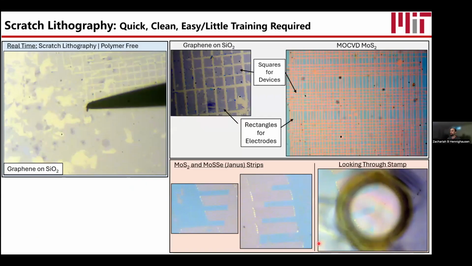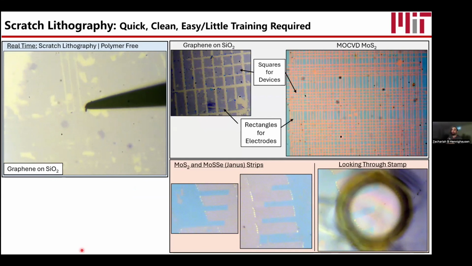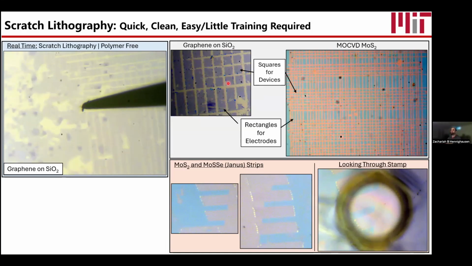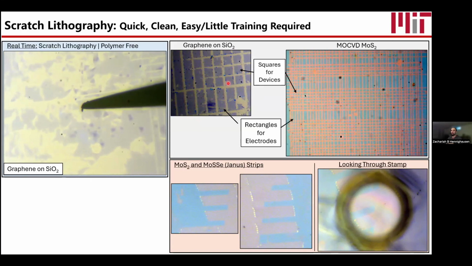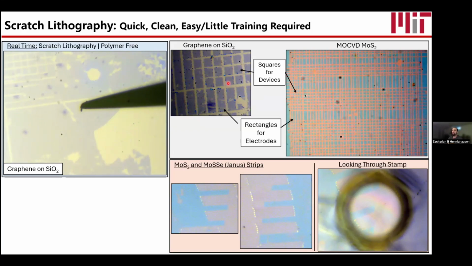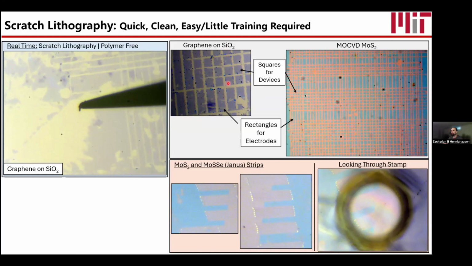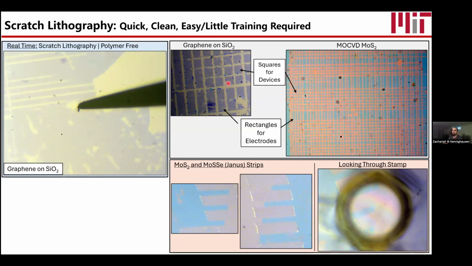But I do want to show you a more exciting one that we recently got. So beforehand, we had to cut our 2D material into different shapes. So we use this scratch method right here. And we want to cut into shapes so we could have electrodes be more rectangles, and then we could have squares be where the device would be and stuff like that. And we're trying to reduce the amount of polymer in the process, I guess, for starters. And then 2, we noticed that there was gluing from previous experience when a polymer was used. So we're trying to prevent this gluing so we could pick it up from the substrates.